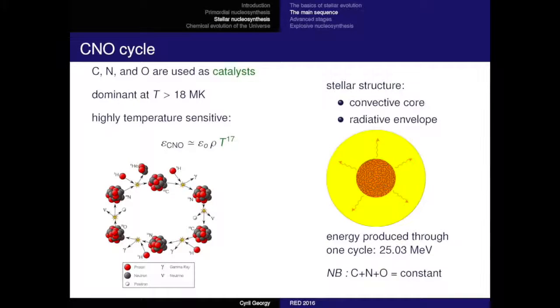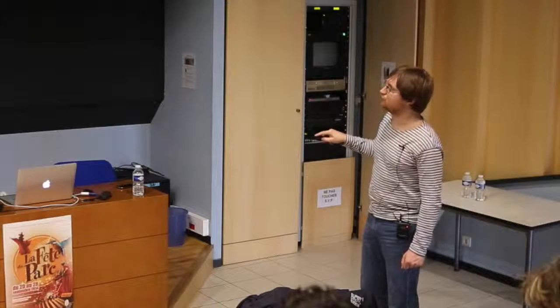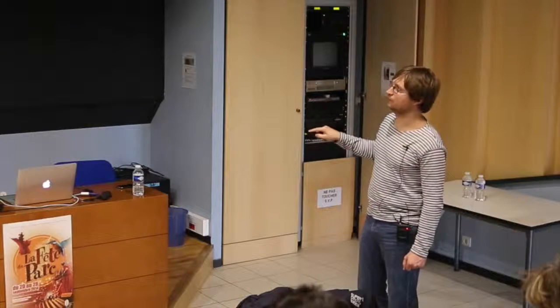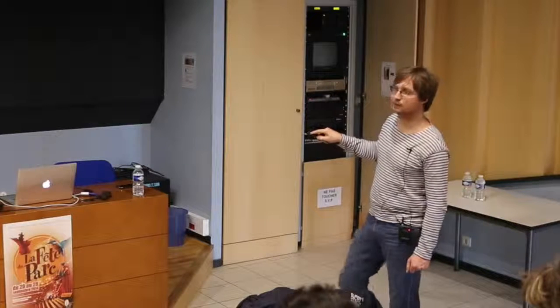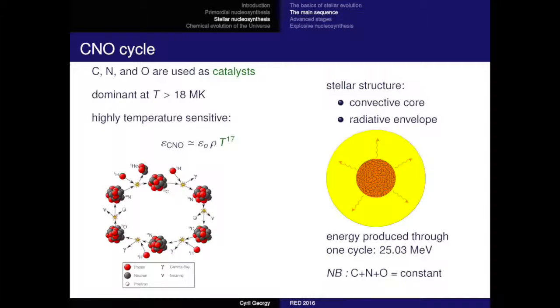So you can turn around. At some point you release an alpha particle. So the net product of this cycle is to take 4 hydrogens, one here, one here, one here, and the last here, and you release one helium. So basically you just convert